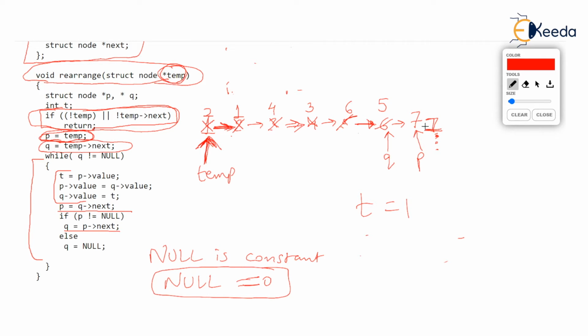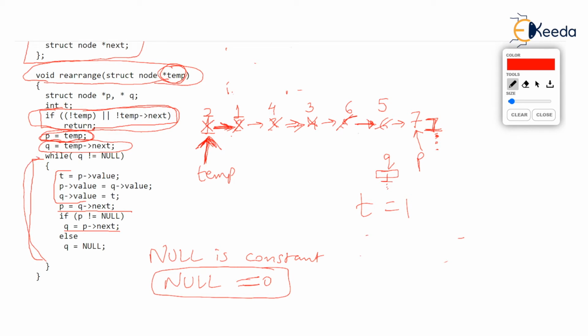So Q will point wherever P arrow next points. But notice P arrow next is literally null. So Q becomes P arrow next means the pointer Q will now literally become null. I hope you are understanding. Q is a pointer and Q becomes null. So what happens when we go back to the while?